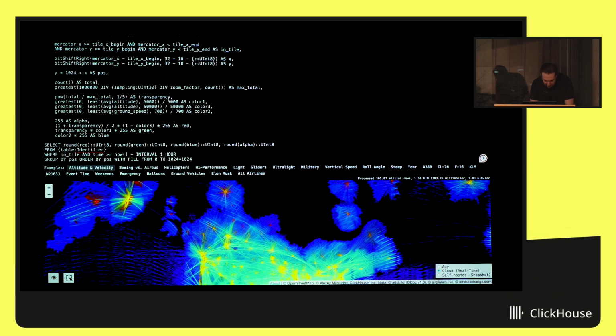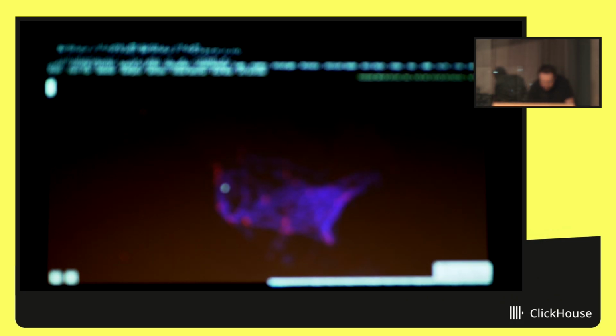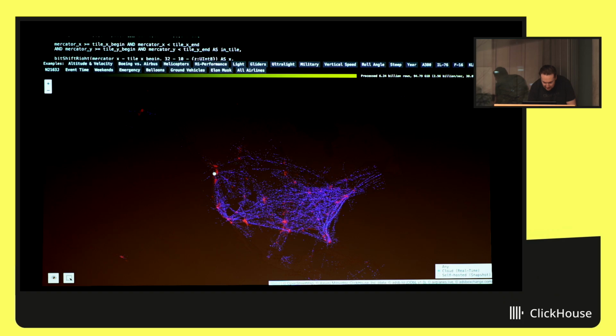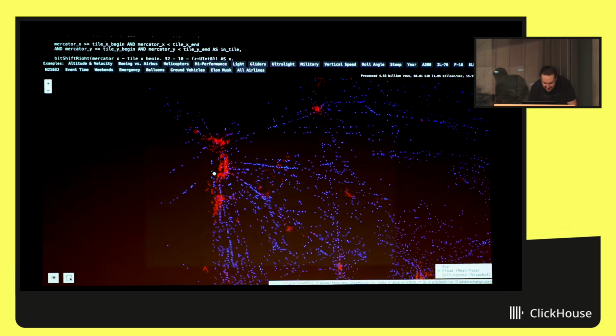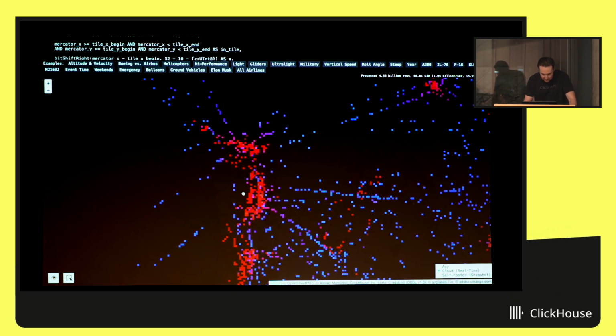One hour, for example. Let's check if it is actually updated in real time. Yeah, looks like it is. And we will select some data. Can you filter by ground vehicles?